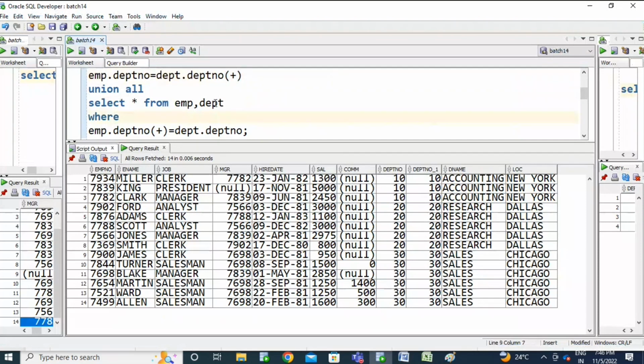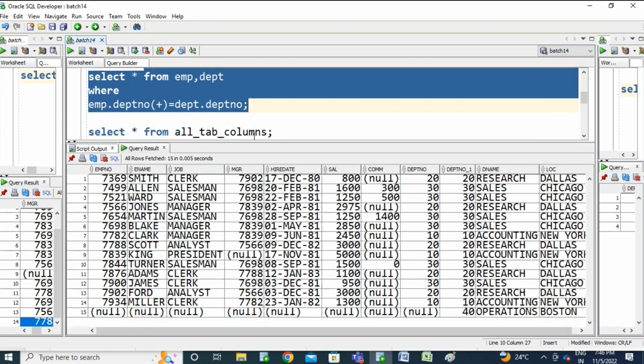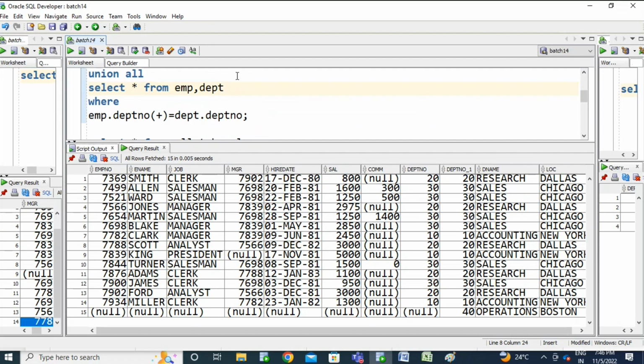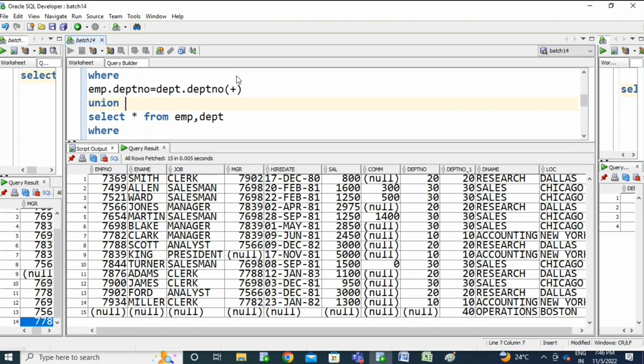Yeah, 14 for left outer join and 15 for right outer join. The union all will display all the records along with duplicates. So if you want to make it a full outer join, I will go with the left outer join union with the right outer join. Right?